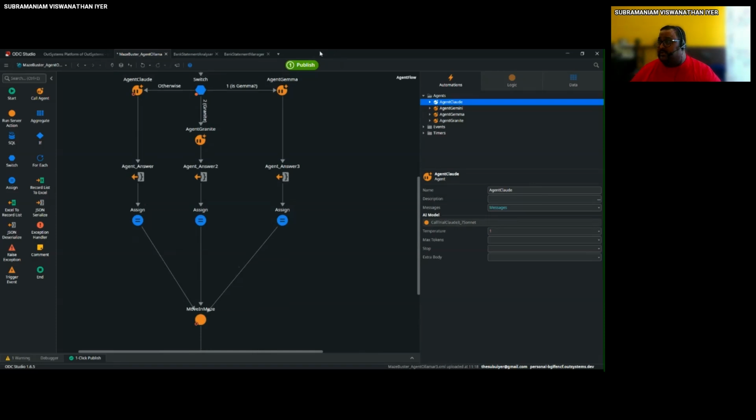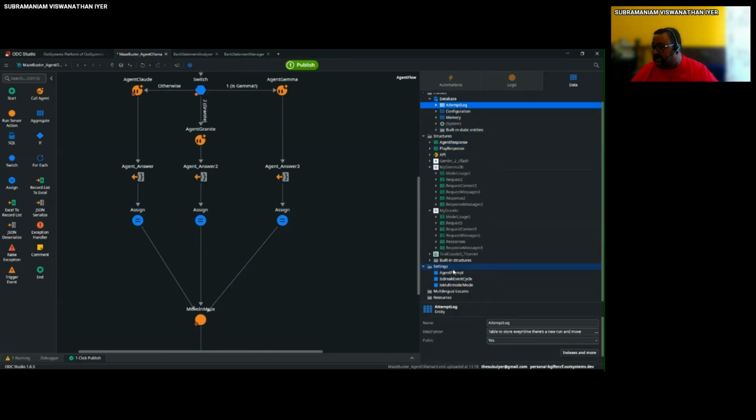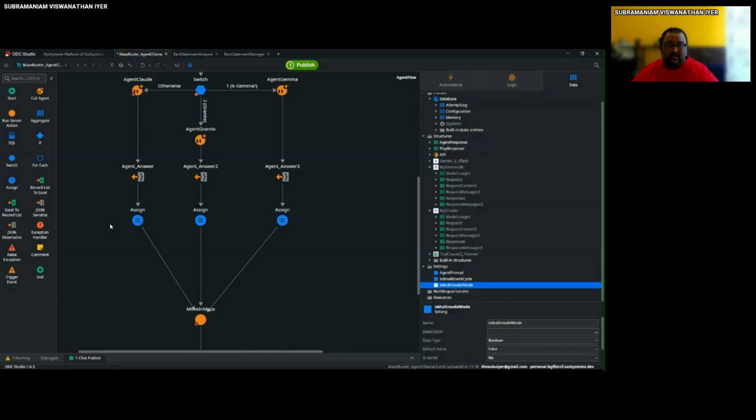So let's go ahead and see how this works. If you look at the settings in the configurations, I had set up one more additional setting, which is called multimodal mode. If that is not set to true, then by default it will use Claude. But if that is set to true, then it will use Gemma first, then Granite, and then Agent Claude, right? So if you go to Ollama right now,